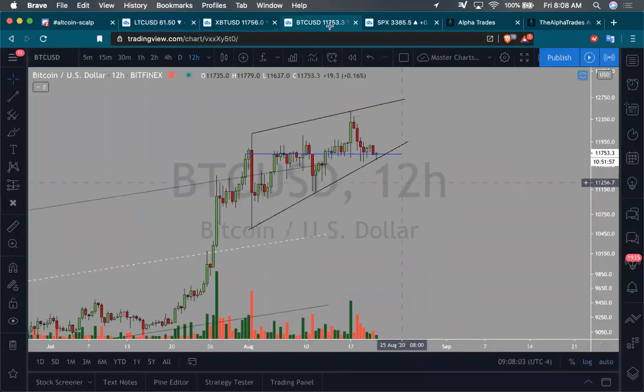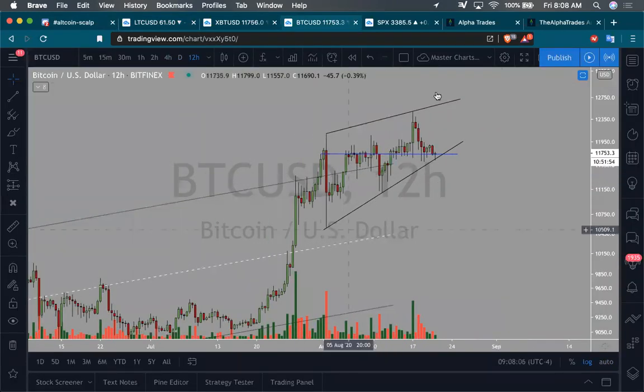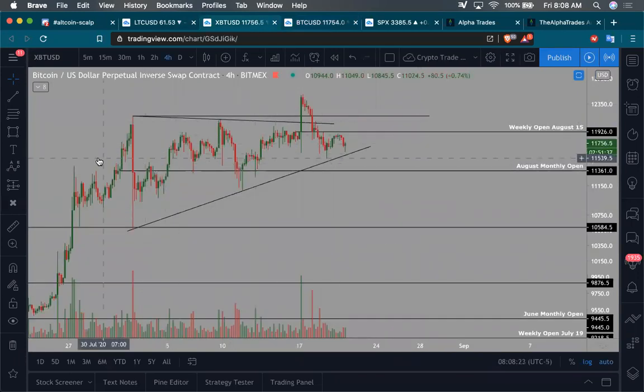Let's see here. From the larger perspective, I've also laid this out. This looks like a rising wedge, right? I'm well aware that these rising wedges can lead to significant more downside, and it's possible, but I do think that there's a lot of overlap that has happened in these areas right here. This 11.4 area, this area right here on 11.1, 11.2, and then of course the,